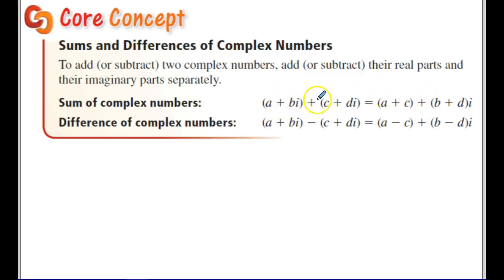So here I have a plus bi plus c plus di. So I see that my a and c are my real parts, so I go ahead and I add them together. So I see that b and d are my imaginary parts, so I add them together, and then I also include this i at the very end. So same thing when I'm subtracting. I take my a minus c, and then my b minus d. So let's look at some